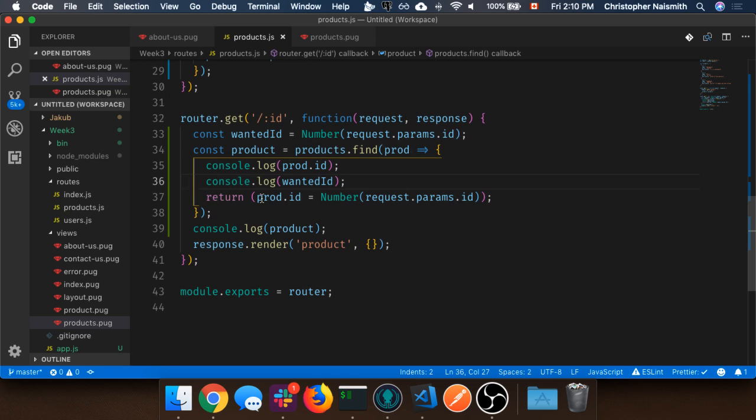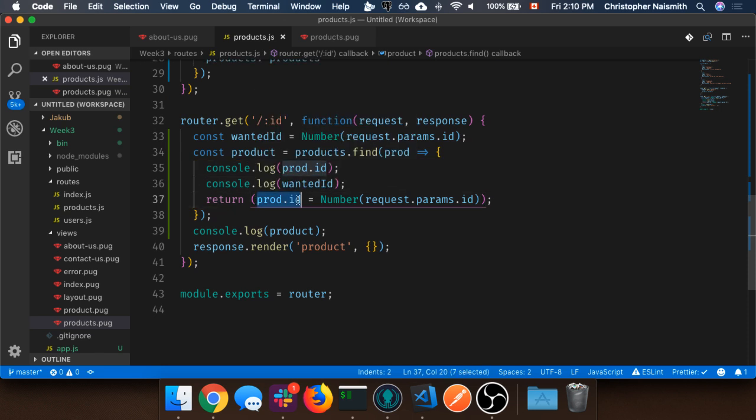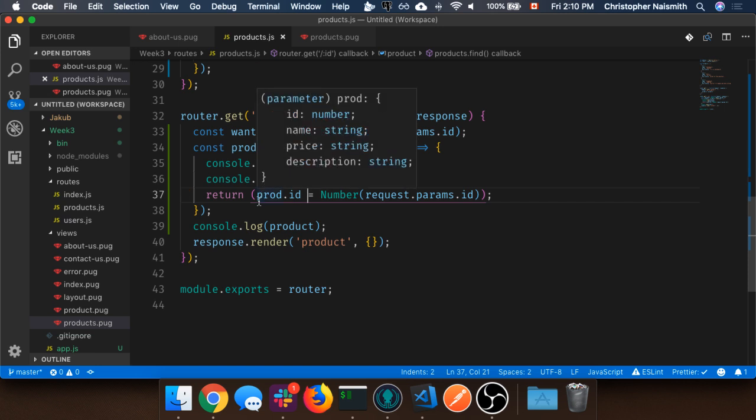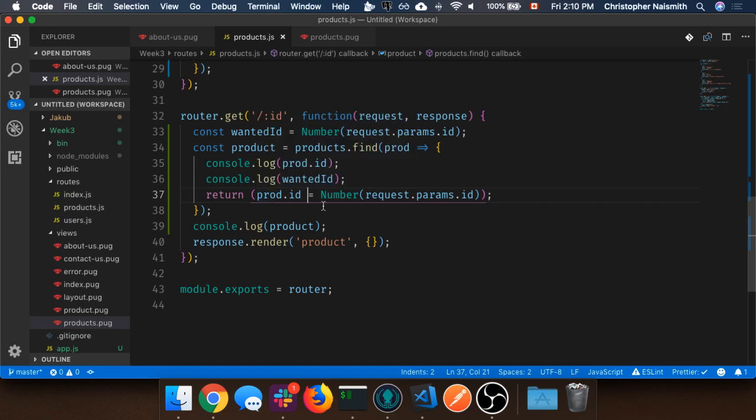However, because when I do an assignment, I end up assigning prod.id and I change it, what is called mutating. So I mutate the ID to being the number that we just found. And because when I do that, it ends up actually returning true. So in this case, I've now changed what that value is, and then it returned true. So that's why